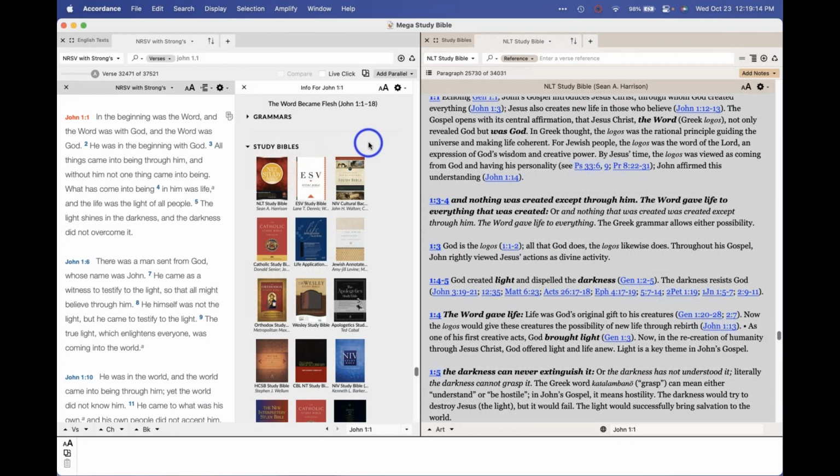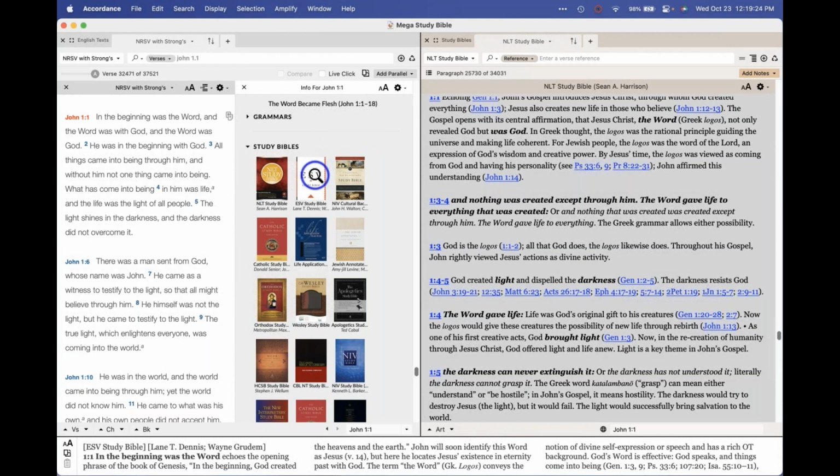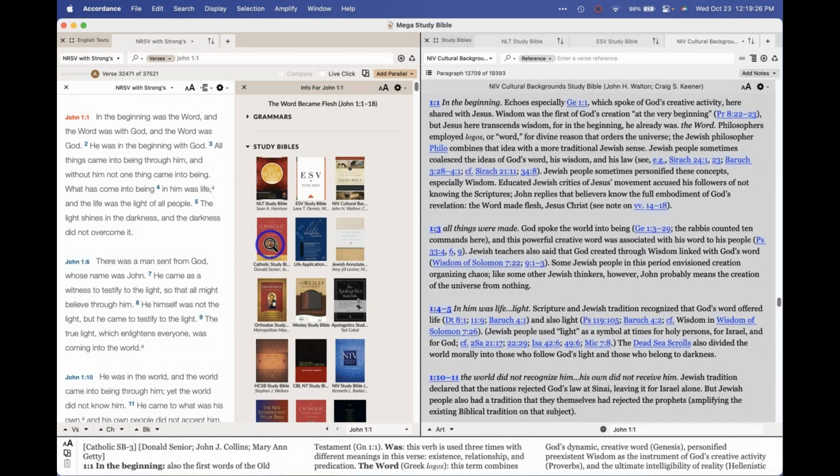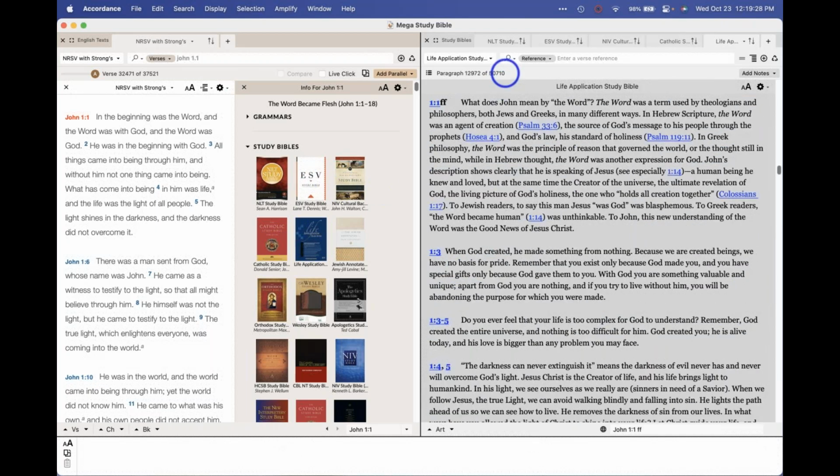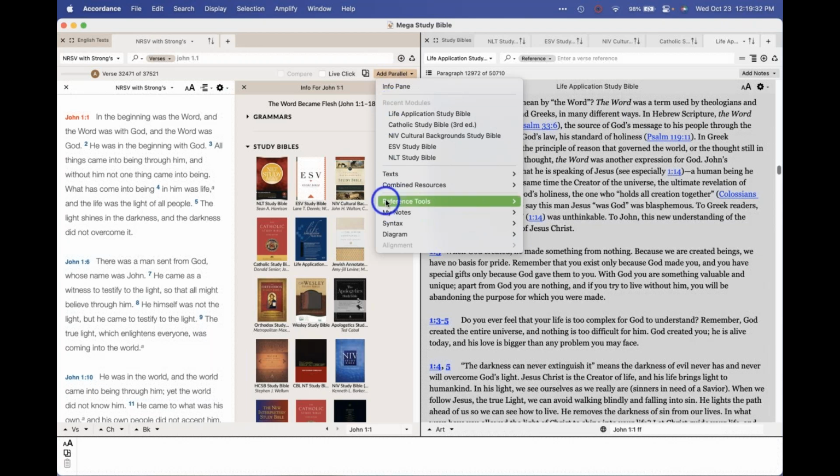I think I'm just trying to demonstrate there are multiple ways to access study Bibles, and multiple ones at once, and just find what seems to make the most sense for you. I'm going to continue. Command click, Command click, Command click, Command click. All right, now I've got almost, I mean, this was certainly a lot faster than what I was doing before,